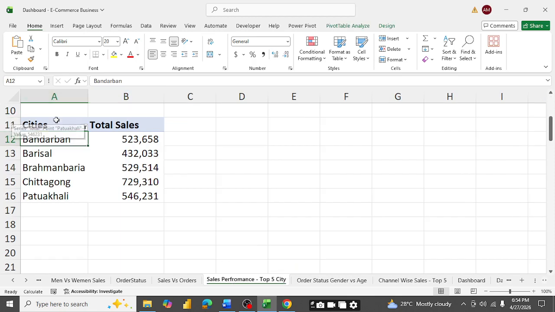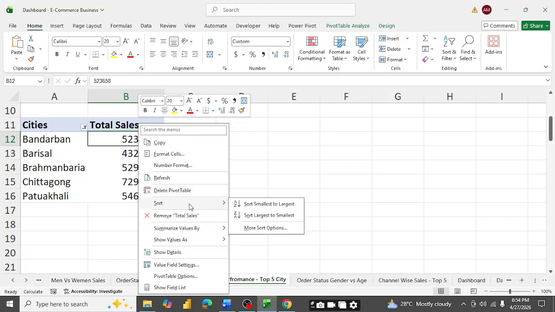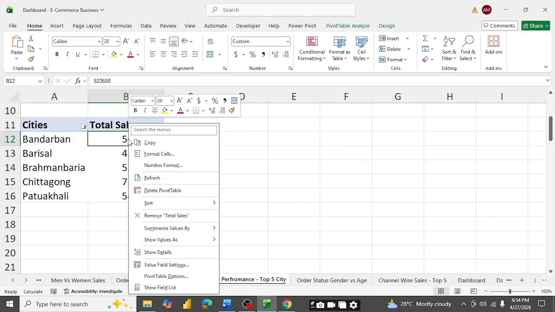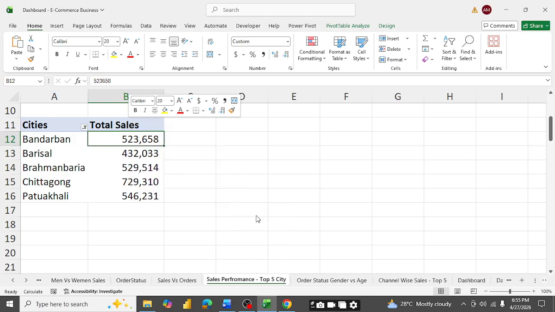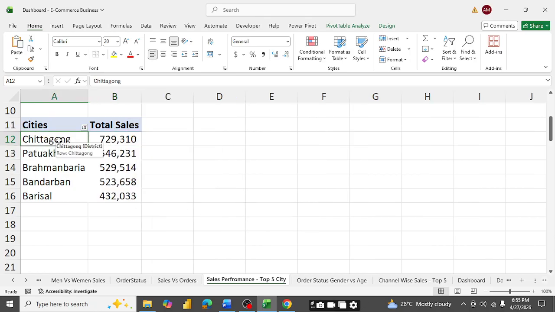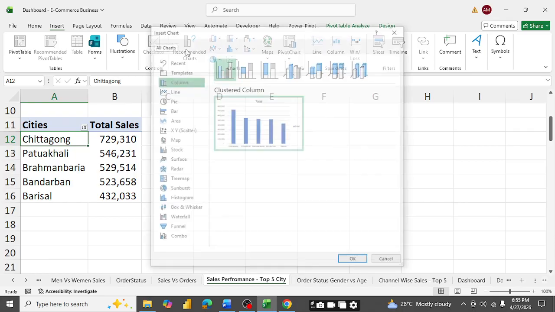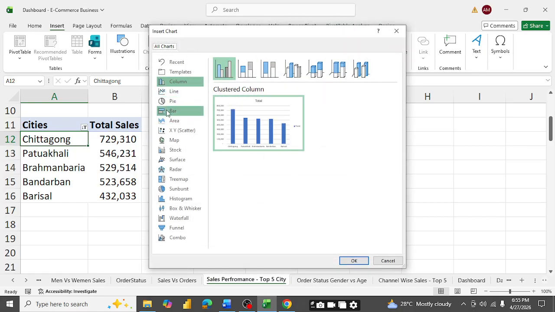effective, and a shortcut. Okay, so now we just need to find out the Bandarband citizen sales amount, we just need to make it more efficient, and here what we will do is we just need to sort from larger to smaller. Okay, now we have to insert the data as per recommended, so the bar